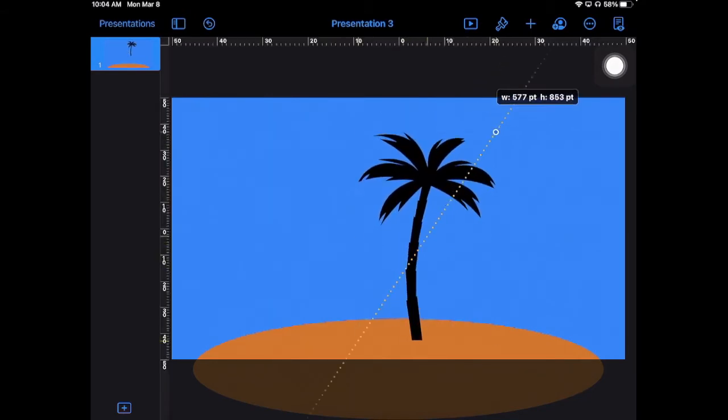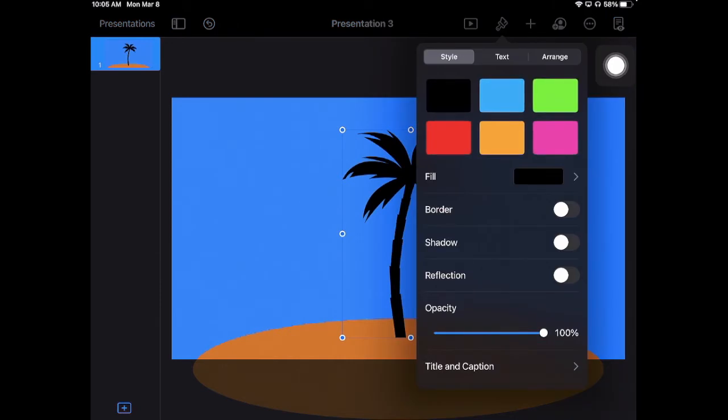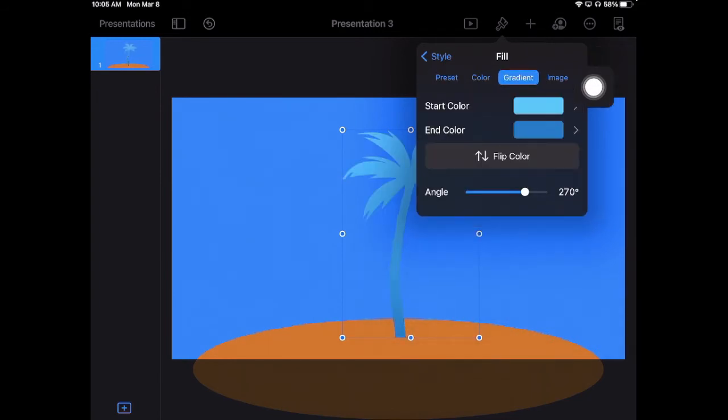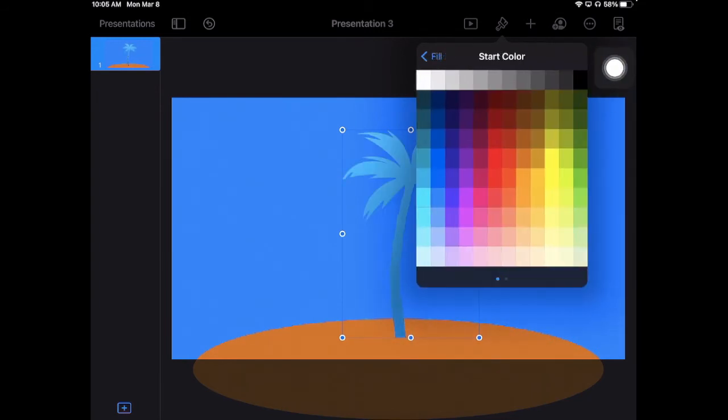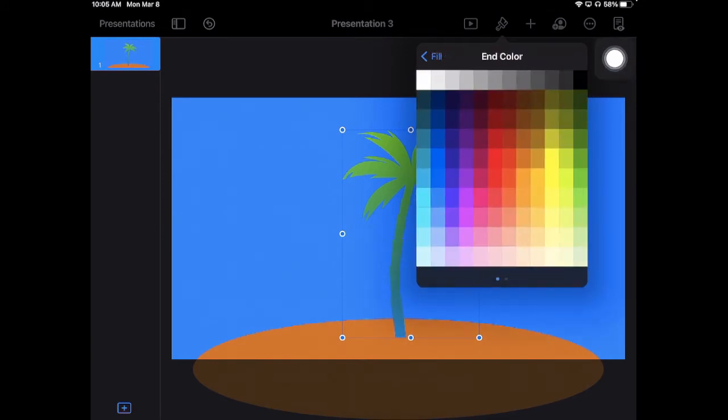I'm going to resize this really quick, get it kind of situated on my island, and then I've got to hit the paintbrush tool as it's selected to change the color. I'm going to choose fill. This time I am going to select gradient instead of color. And for my start color, I'm going to tap on there and choose green. I'm going to hit back here and then go to end color